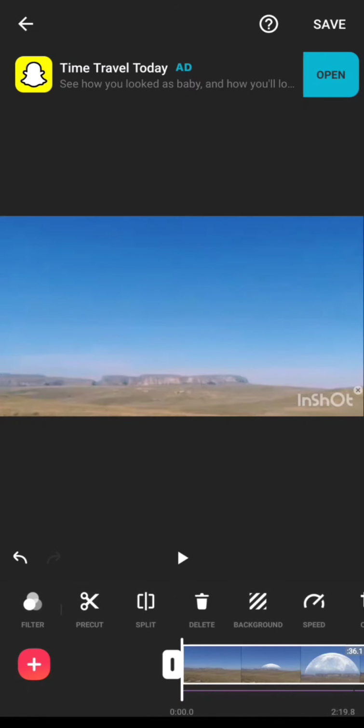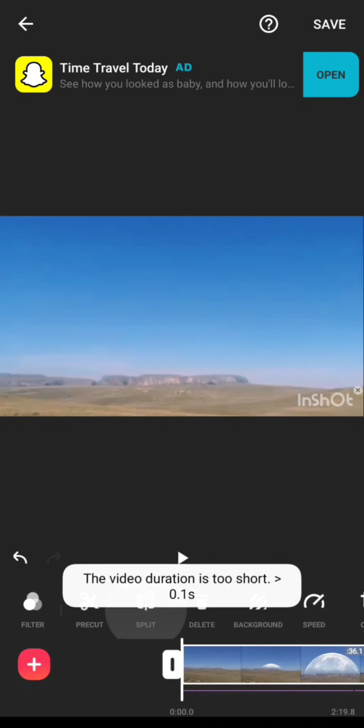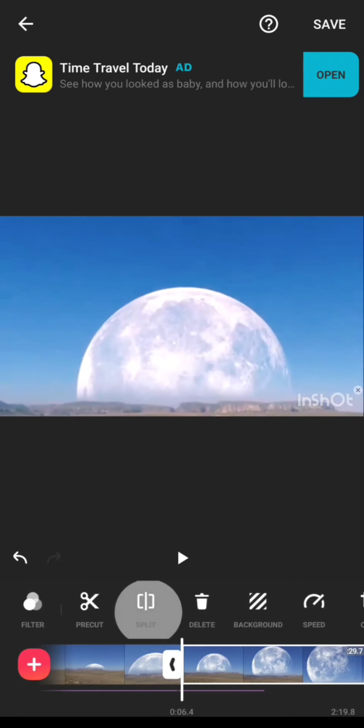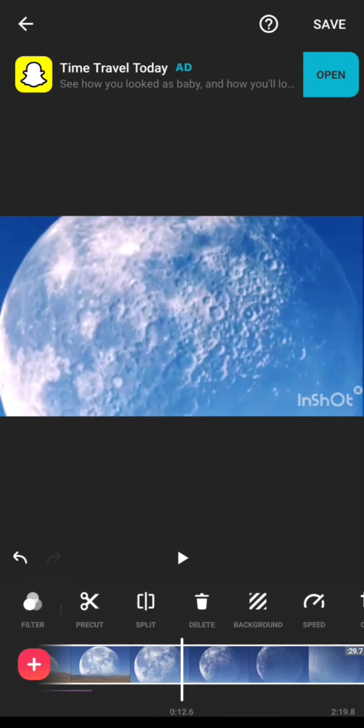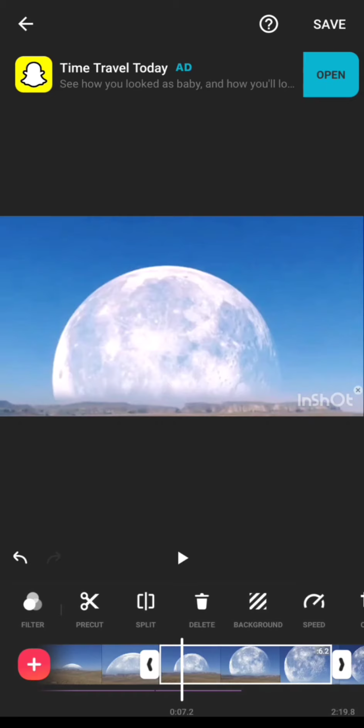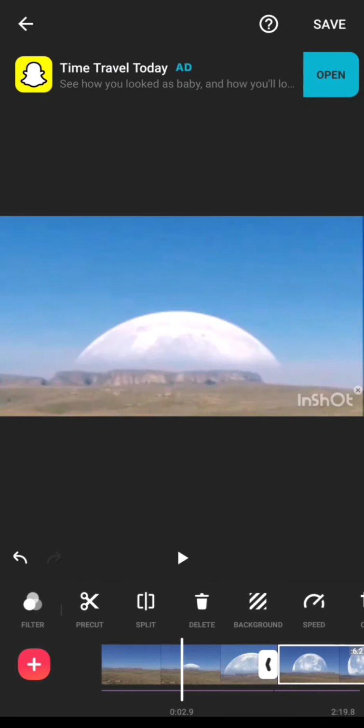Again we are going to the split option. If I click upon split, and go with the video till here where I want, I can split it. And afterwards, after this place I want to remove the part in between, I can split it over here. Select this in-between part, then I can remove it by clicking upon delete. So that's all about that.